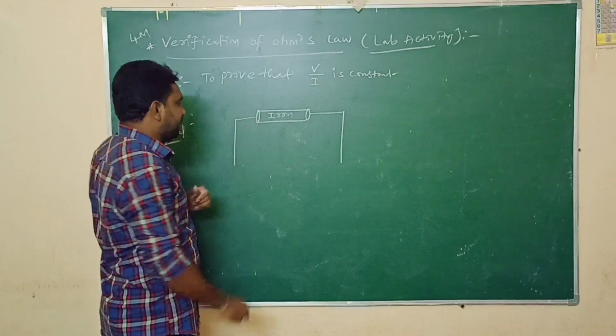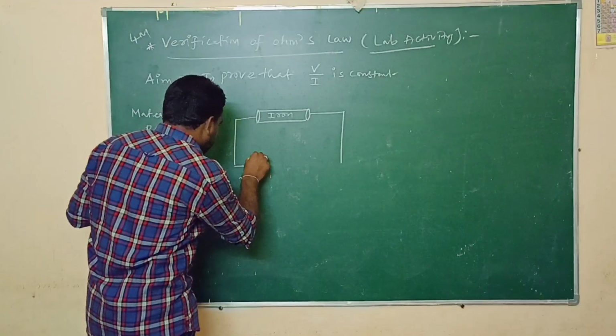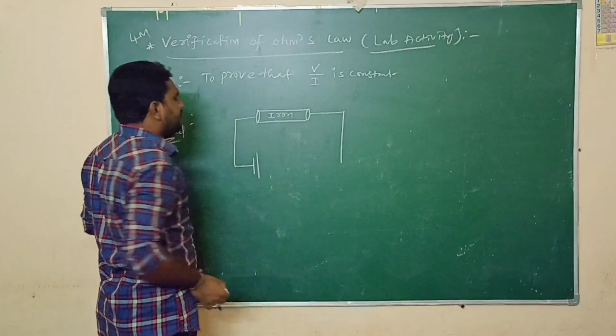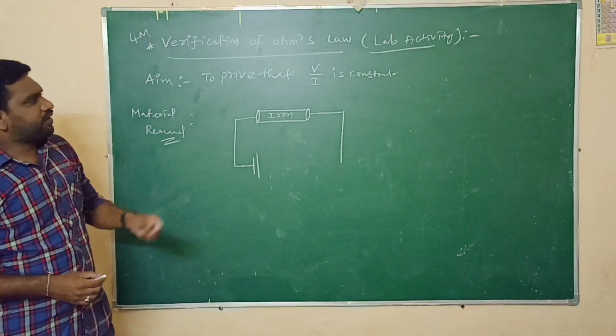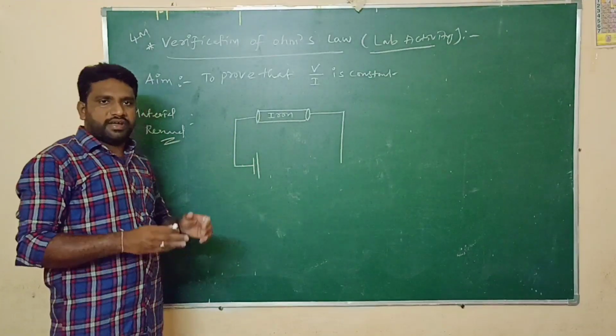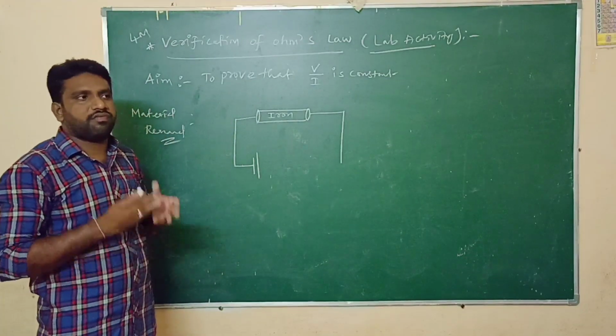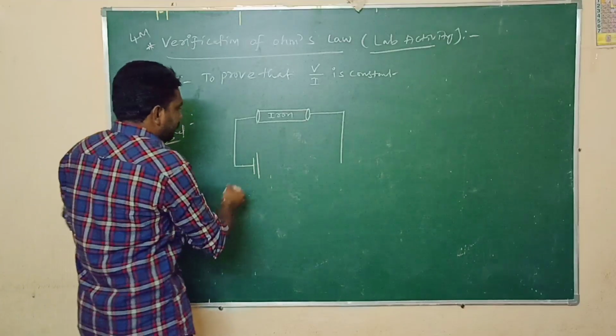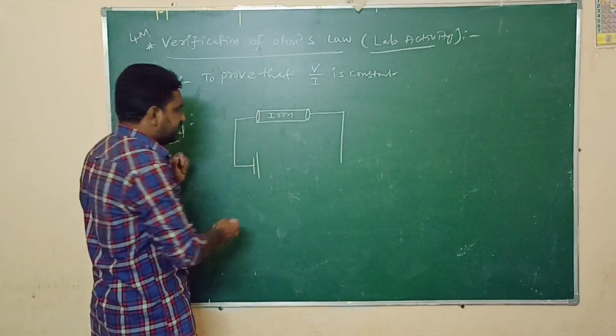And we need some power, some electricity. What do we have to use for that? We need to use a cell. To verify the relation between potential difference and current, we require 3 cells of 1.5 volts. They should have the same EMF. Now I am connecting only one cell, a single cell here.